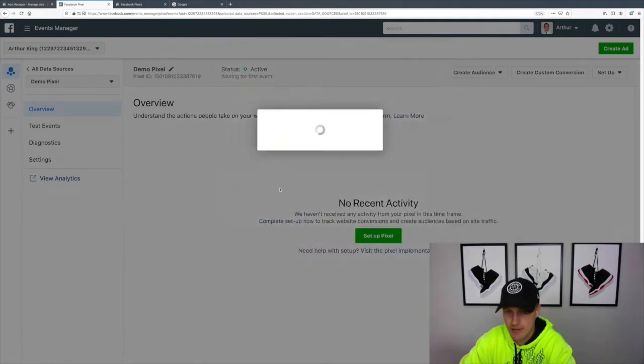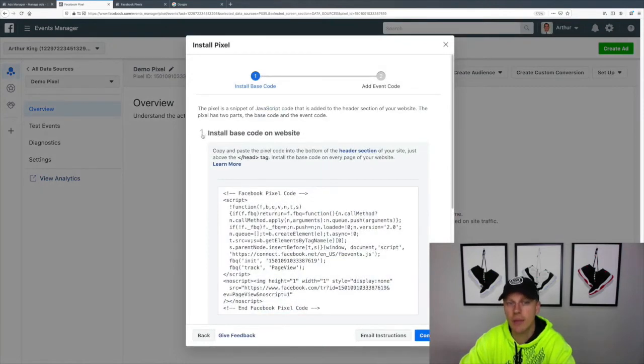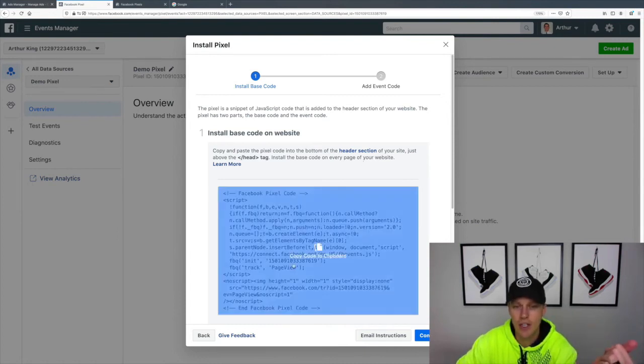Okay, so you just click on this, and you see right here, number one, install base code on the website. So it says copy and paste the pixel code into the bottom of the header section of your site, just above the head tag. So install the base code on every page of your website. Now this is key, guys. We want this on every page of our website, not just on one single page on a blog or something like that. We want every page on our website, contact us form, about us form, any landing page that you might have. If you have sales funnels, you want it on every single page of the sales funnel, every blog post. And there's really easy ways to do this, and all we do is we just copy the code